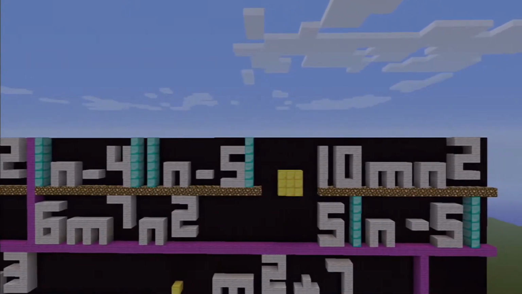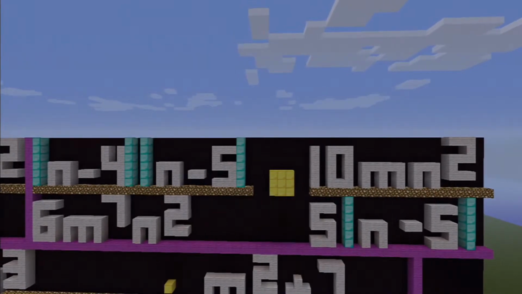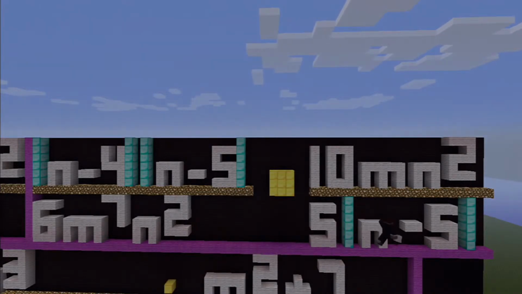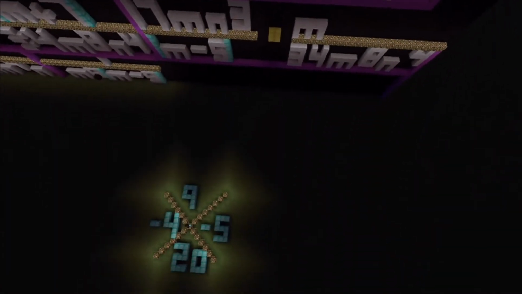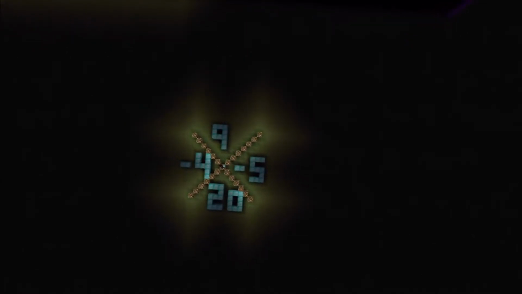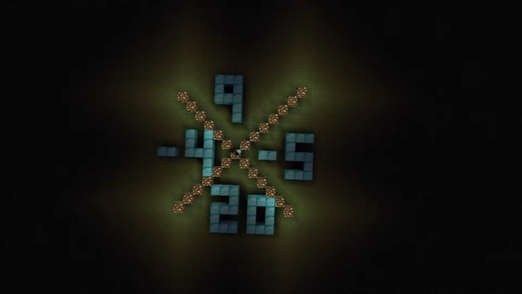So the original problem turns into n minus 4 times n minus 5 over 6m to the 7th n squared, times 10m n squared over 5 times n minus 5. Now you may be wondering, how in the world did those parts of the fraction turn into what they did? Well, when factoring, the top part of the first fraction is a trinomial, and you factor using your trinomial factoring